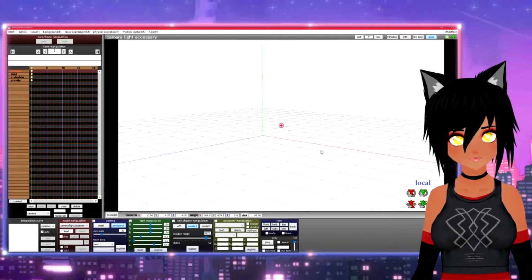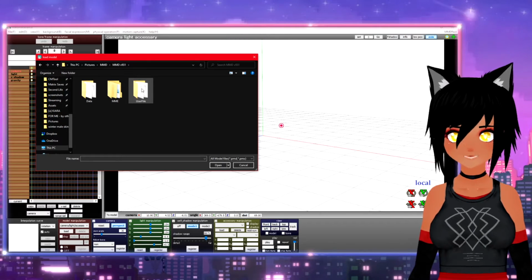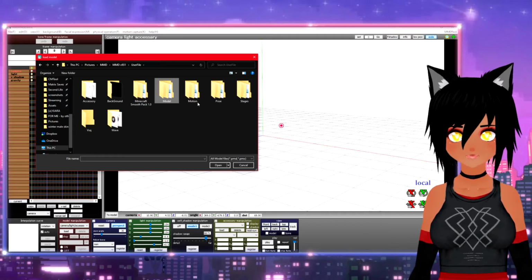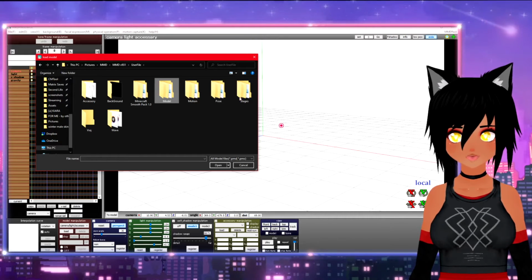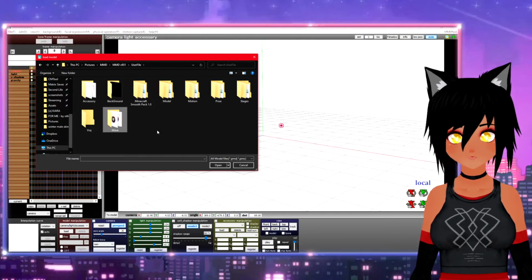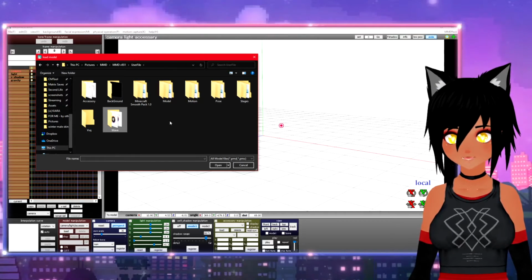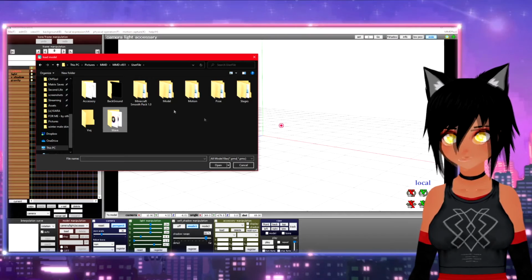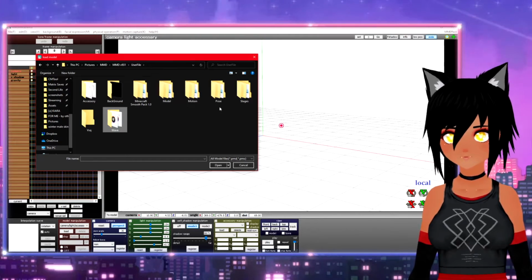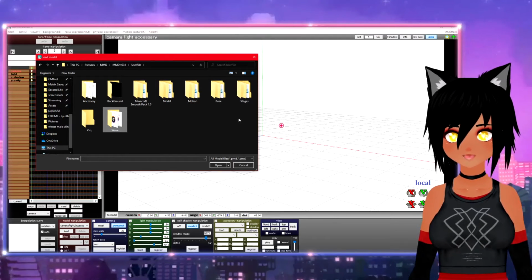And it comes with a couple folders. It tries to set you up. I'll just show you real quick. It'll come with a thing that says user file, and if you click on that, it will come with model, motion, pose, stages, and wave. I don't really know why there's a folder for waves, because you usually get your wave files, which are the music files, with your motions, but these are pretty much the four main ones that you'll use. So MMD is trying to give you the foundation for being organized.